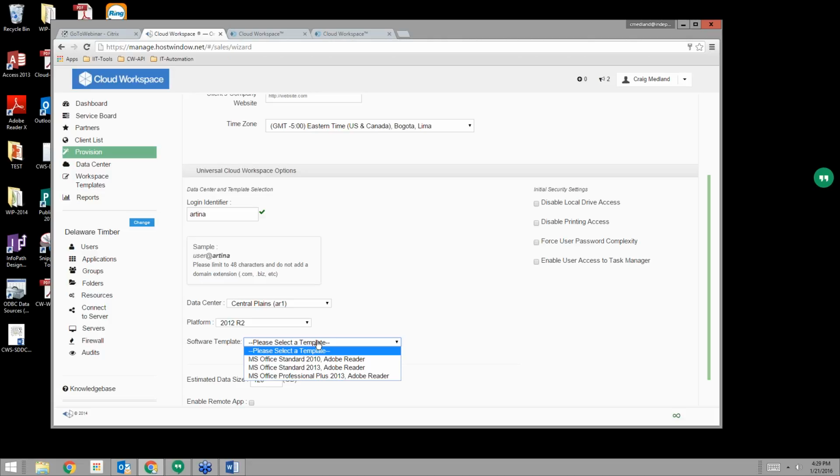Once you've chosen that platform, you'll have a series of templates to choose from. These are templates that you can create and customize yourself, and we'll show you how to do that. What you're doing in the hypervisor is creating a template of that Windows server, with the version of Windows and all the line of business apps that you want to provision as part of that template. It's basically sysprepping that Windows server in what I like to call a Cloud Workspace friendly way. We have our own unattended XML file that we'll show you how to use, as well as our own sysprep syntax, so you have the ability to customize those different templates.